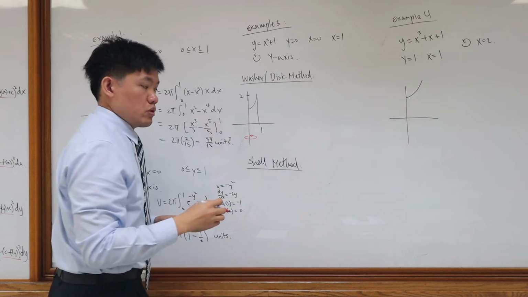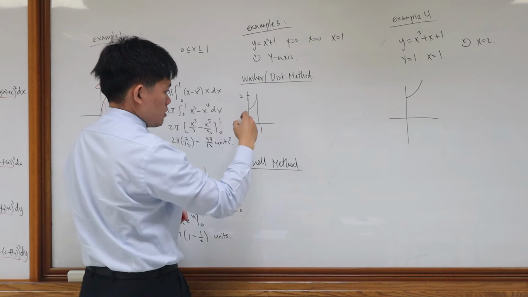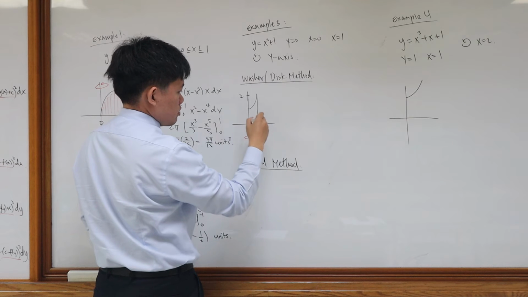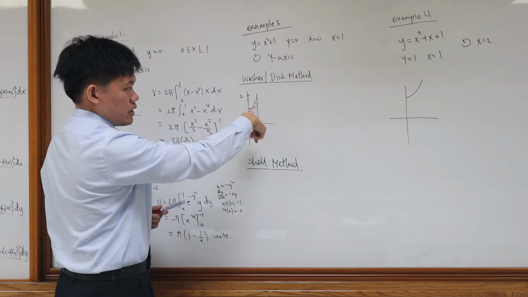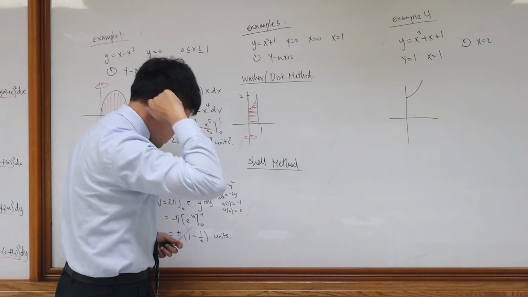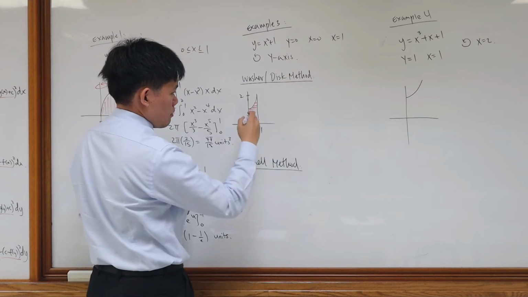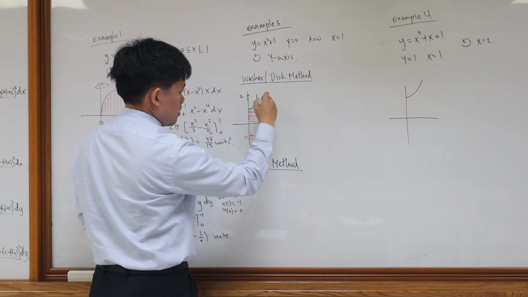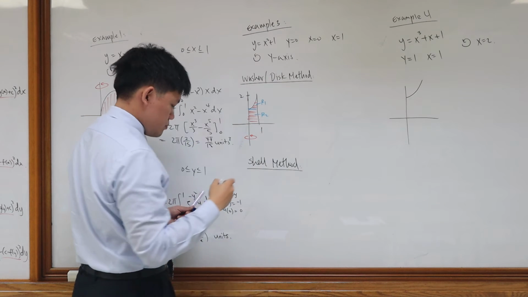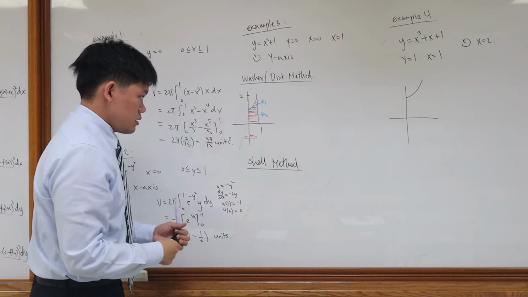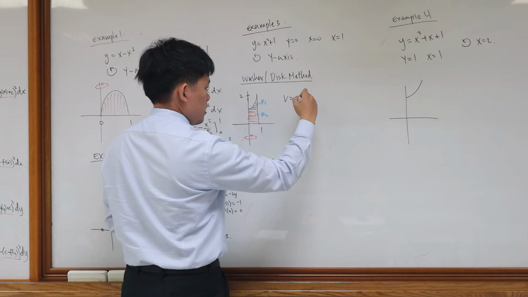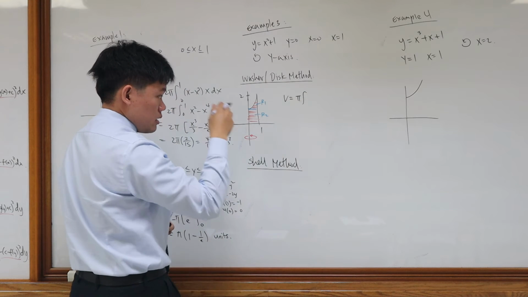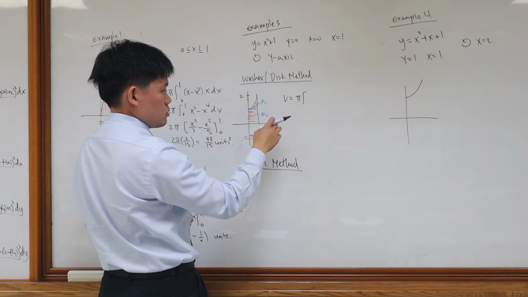That means because I'm doing the washer disk method, the cross sections have to be perpendicular. And then you realize that now we have 2 sections, 2 regions in this question. Okay, because we have upper bound, lower bound changes, and this is R1, this is R2. Okay, so in this method, the volume is equal to pi integral, in this case, I'm integrating with respect to y,